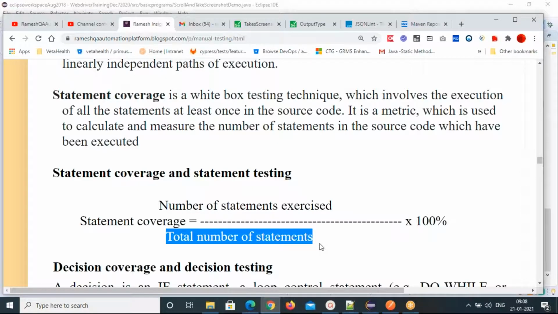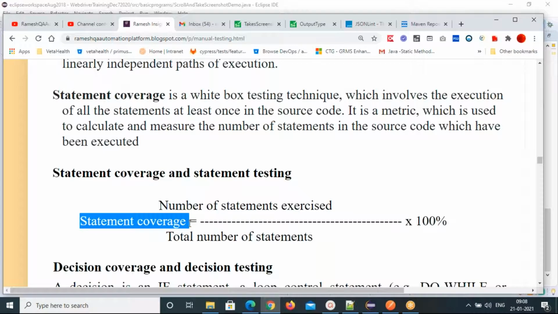Statement coverage is a white box testing technique which involves the execution of all the statements at least once in the source code, and it is used to calculate and measure the number of statements in the source code which have been executed. So you can find out whether all the statements are executed or not with statement coverage.